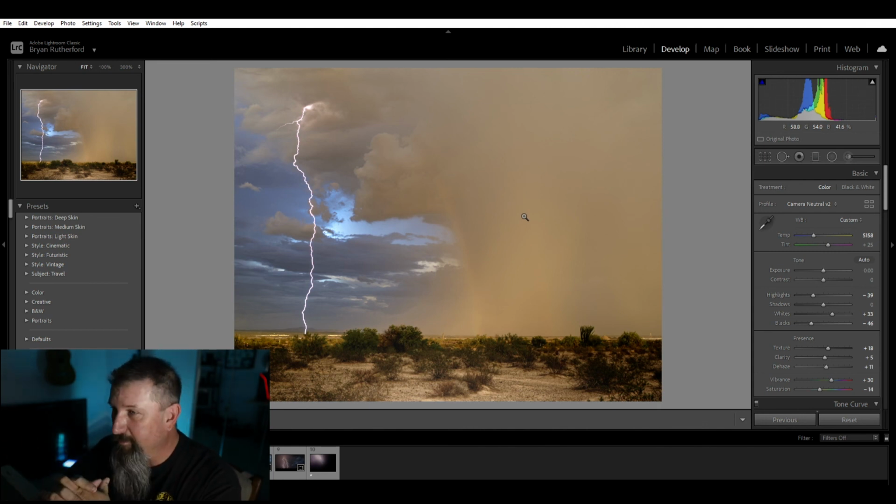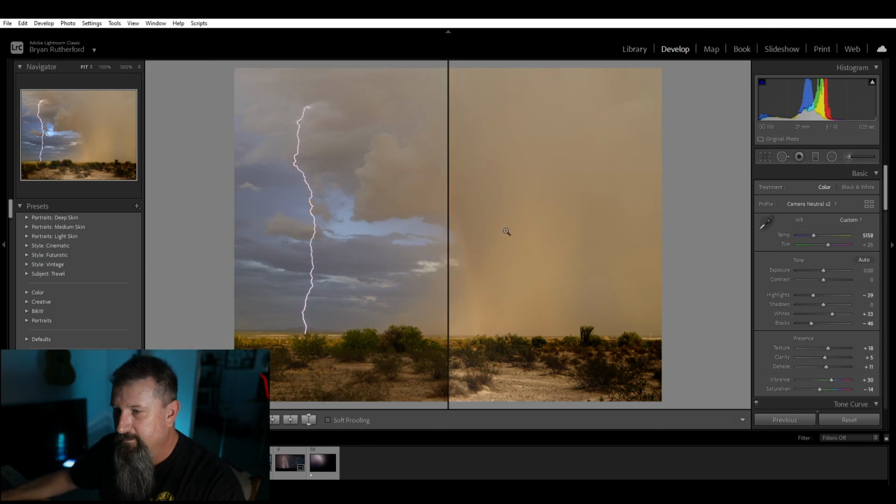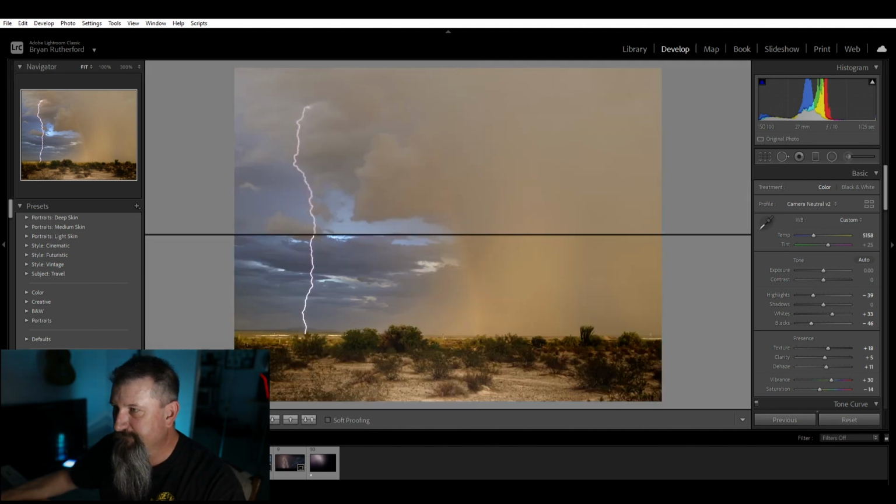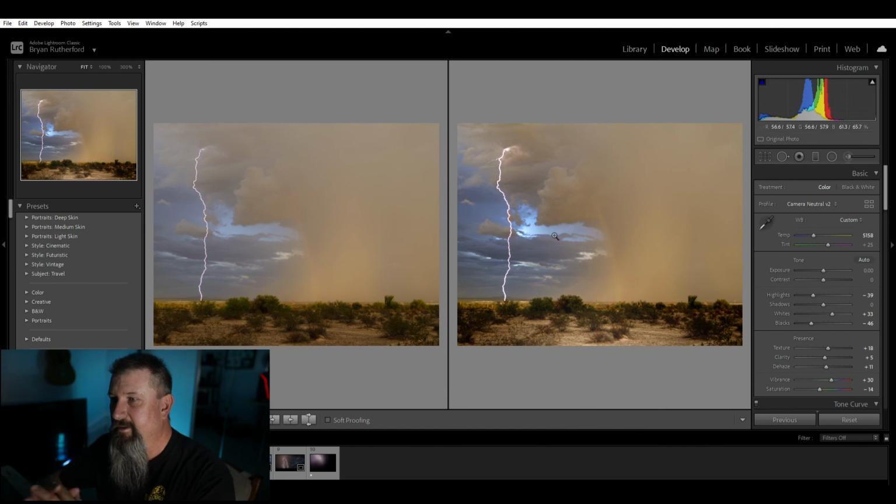Sometimes a little more simple, sometimes a little more complex. I don't really have a lot of worries right now with dust spots or anything like that, so I'm not doing much of that. But let's go ahead and take a look at the before and after. Now with subtle changes, I have a lot of changes done to this, as you all saw, but it's not a drastic change. It's not like, okay, well it's not even the same picture anymore, which you see a lot. Just enhanced the blues a little bit, enhanced a little bit of the contrast,